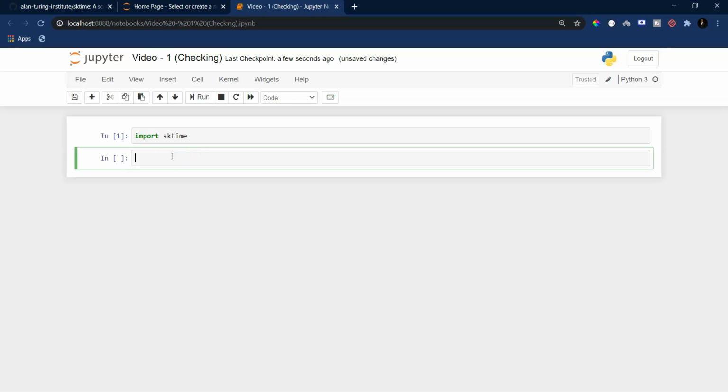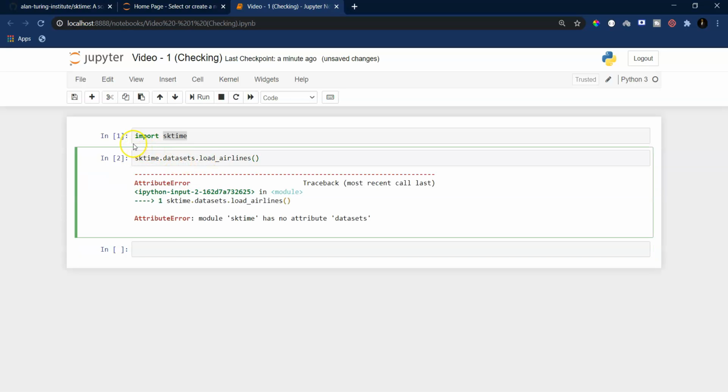So one of the functions that comes with the skTime library is called datasets. So obviously, just like sklearn, we have a datasets submodule in skTime also. So what I can do is something like skTime.datasets, and I can do something like load airline.